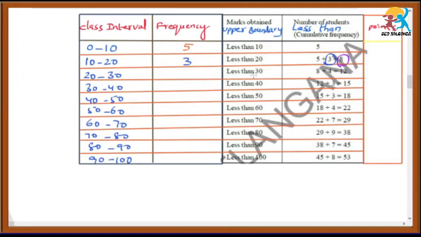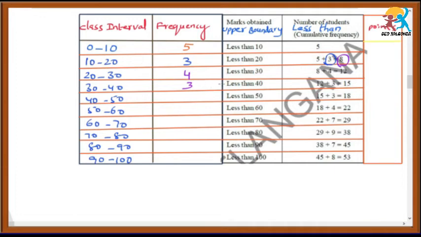And the third one, less than 30. Suppose your teacher asked you to stand up the students who got below 30 marks, then what will happen? These 5 students will stand, and these 3 students again. Actually, up to less than 30 marks means 12 students stood up, so here we get 4. So next, less than 40, check once. Less than 40 means 30 to 40 is less than 40 only, 20 to 30 students are also less than 40 only, and 10 to 20 also less than 40, 0 to 10 also less than 40.